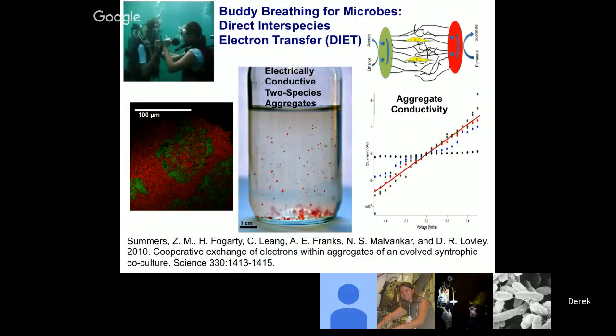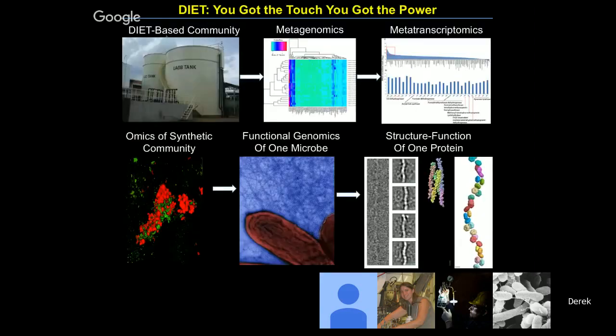This process was first discovered in studies conducted by Zara Summers when she was a PhD student in my laboratory, and I'll go through how she made this discovery and then talk in more detail about a DIET-based community that we investigated for a number of years, and this is anaerobic digesters treating brewery